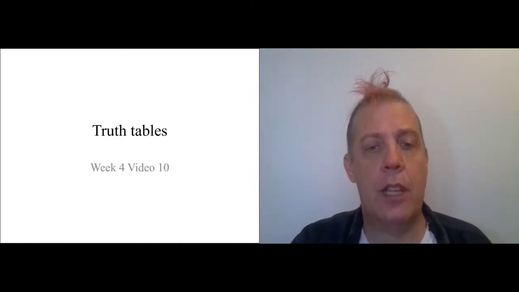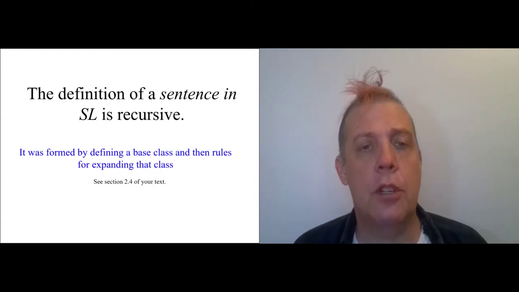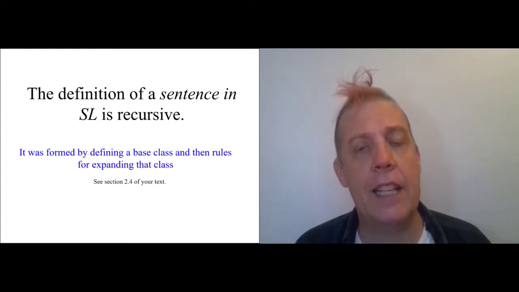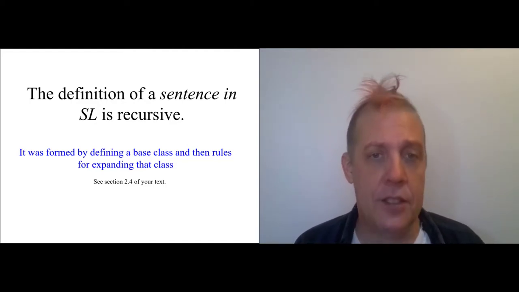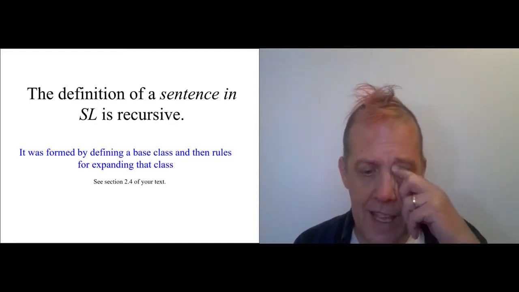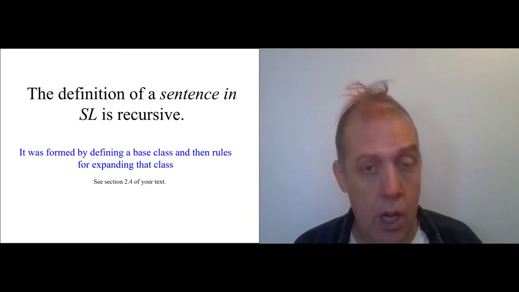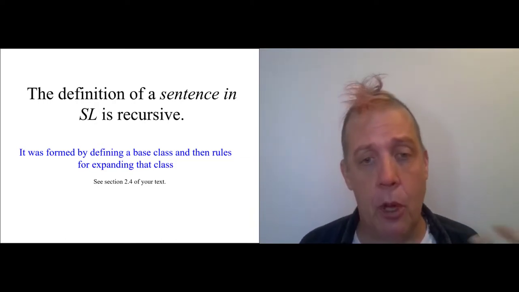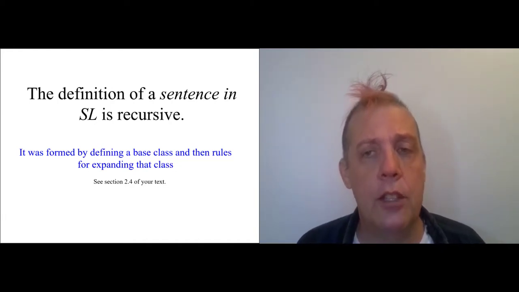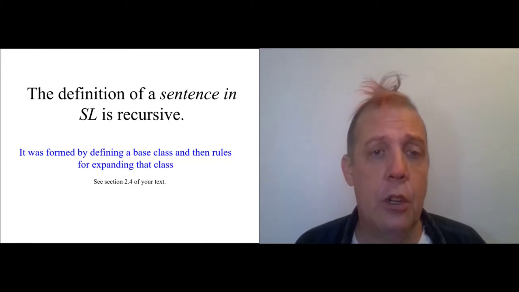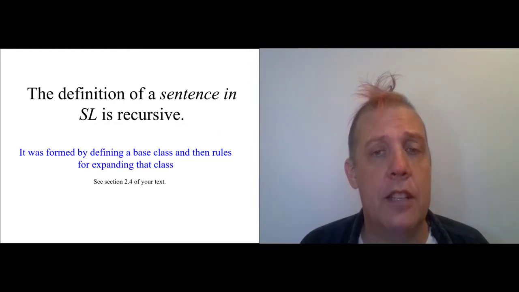And actually, before we even do that, we want to return to the idea of a main connective for a sentence in SL, because one of the tricky things that people always say they don't understand is what order you're supposed to do things in when you do truth tables. So to understand what order you're supposed to do things in, we need to go back to the definition of